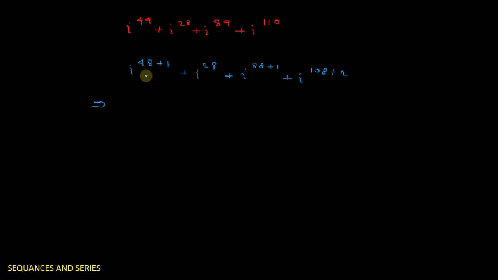Okay, so we can write, and 48 is multiple of 4, so we can write it as directly iota raised to remainder, which is 1, plus here we have 1 because power is multiple of 4, so we have directly 1 plus iota raised to 1 plus here we have remainder 2, so we have iota square, and iota square is what? Minus 1. So here 1 and minus 1 cancel out, so we are left with iota plus iota, which is 2 iota.